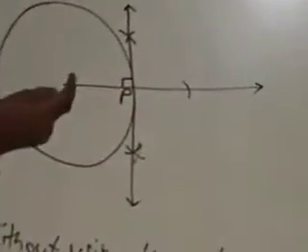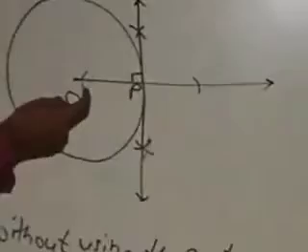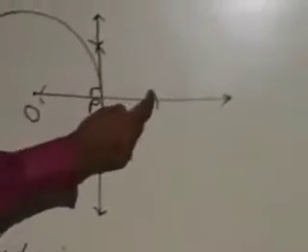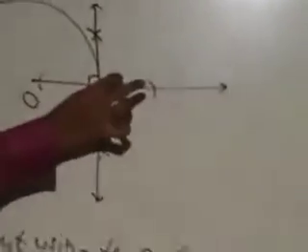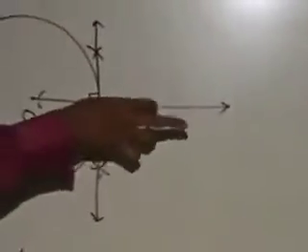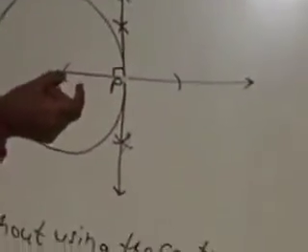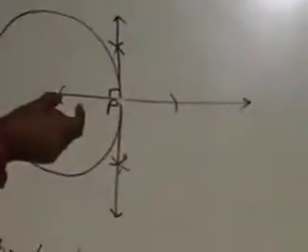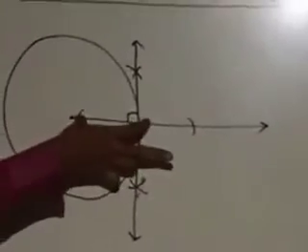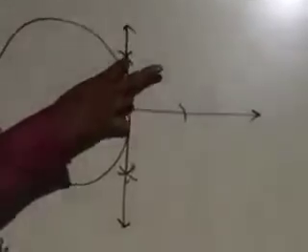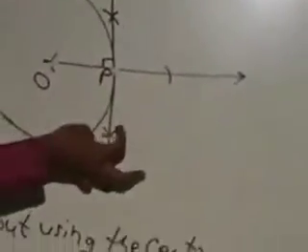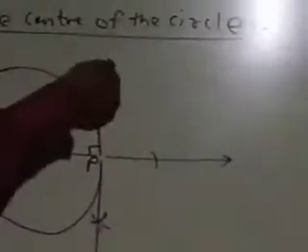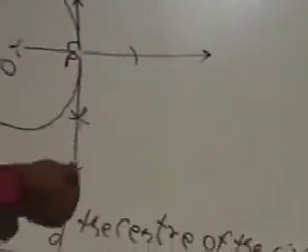Then put the compass on P, make one arc on the center side and, at the same distance, one arc on this side. Then, with the compass on one arc, take a distance more than half, make one arc on the upper side and one on the lower side. From the second arc, intersect it. Then draw the line between those two intersection points.